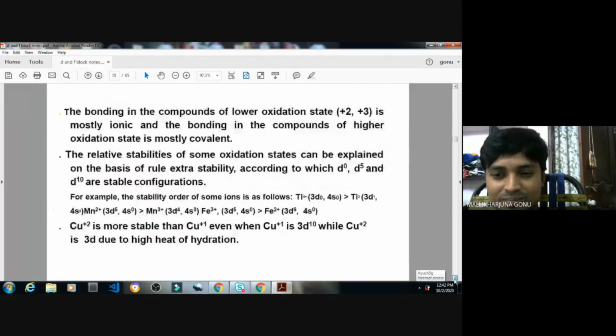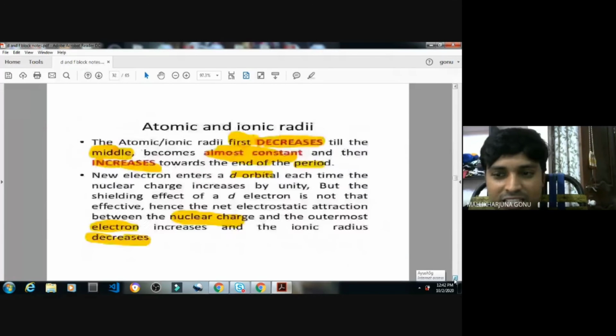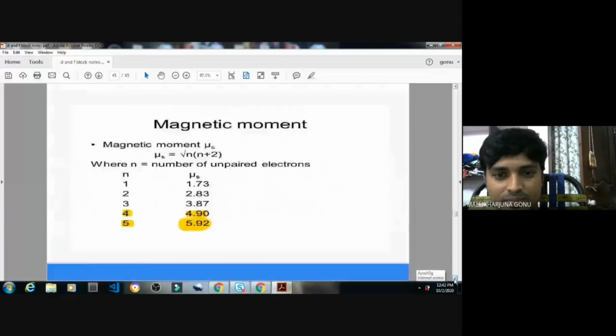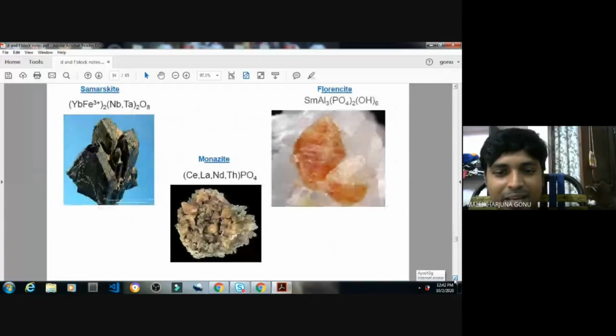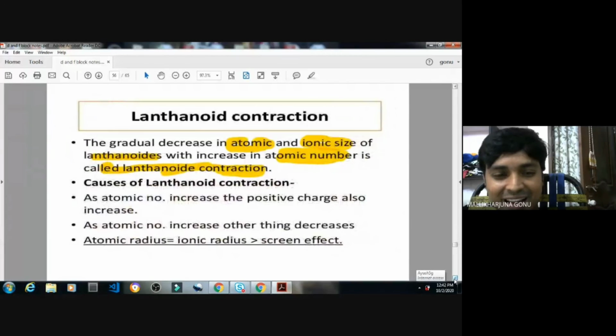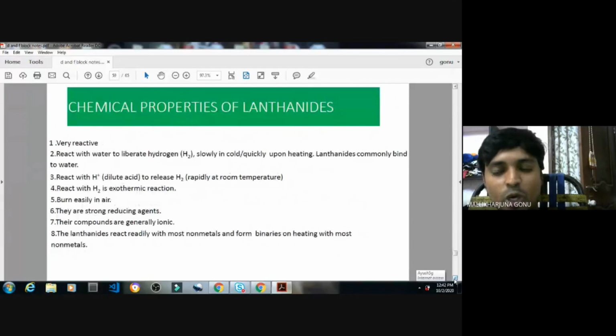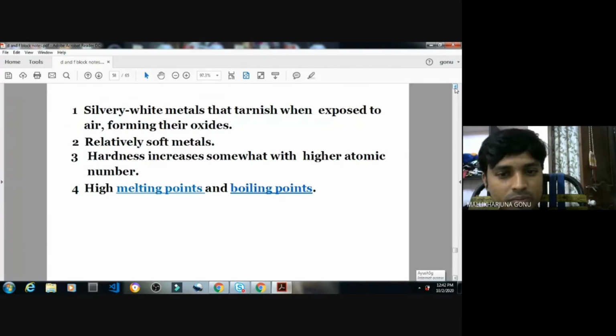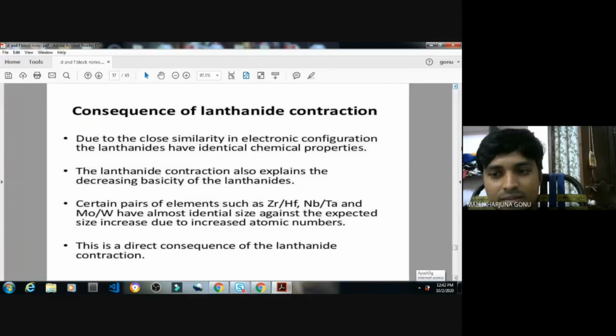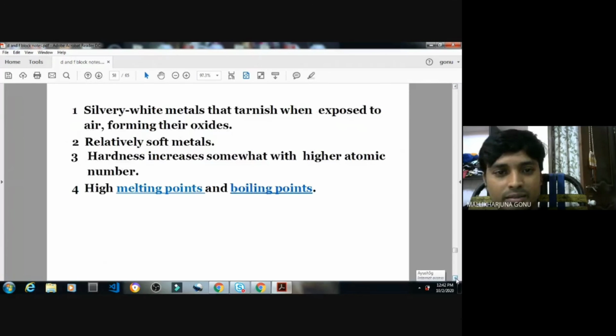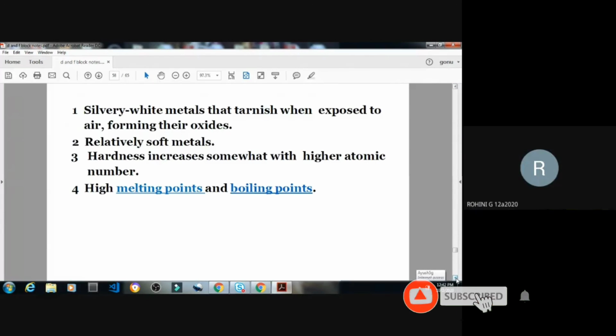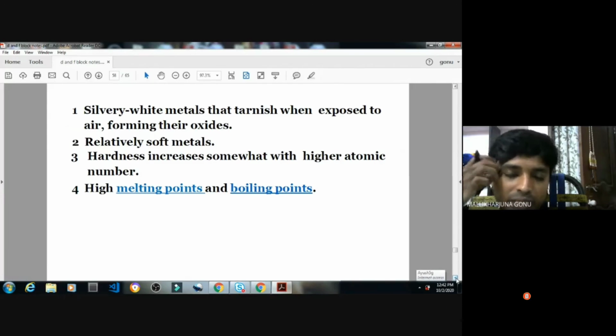What is the next one, Rohini? Zirconium and Nb. Yaar, I just discussed this with you, and still you say Nb. Zirconium and hafnium, Hf. Next, Nb and Ta, niobium and tantalum. And what is the next one, Aishwarya? What is the third one? Tungsten. It is not just one, it is two. Wolfram, W. Molybdenum and tungsten. Okay, Mo and W.